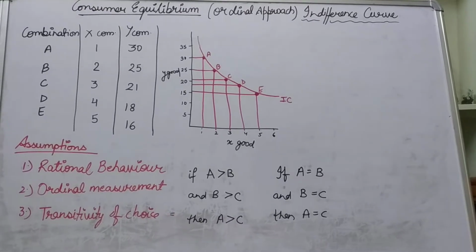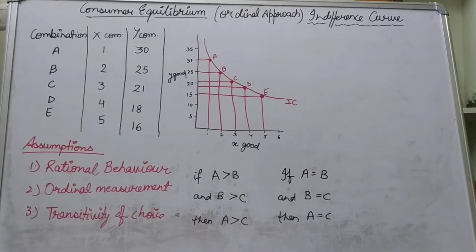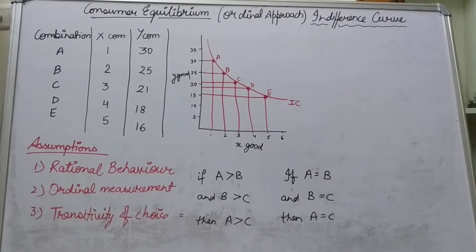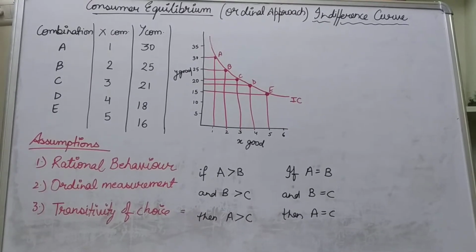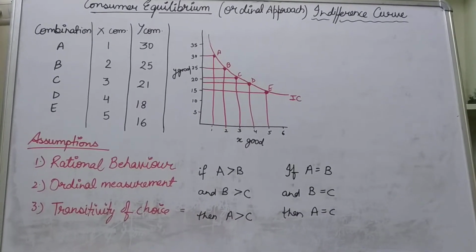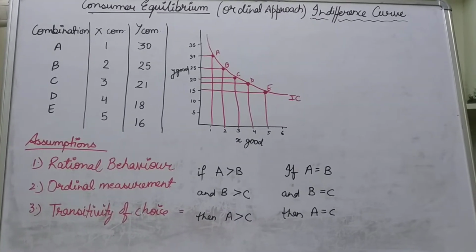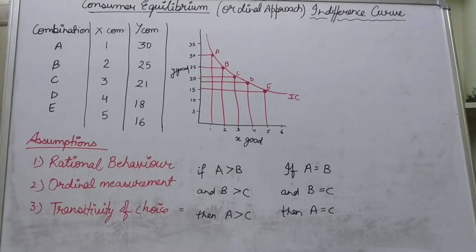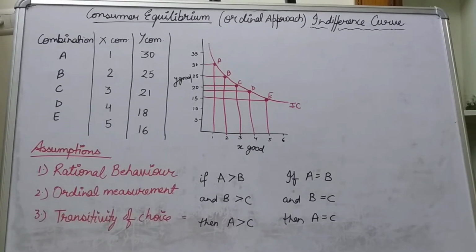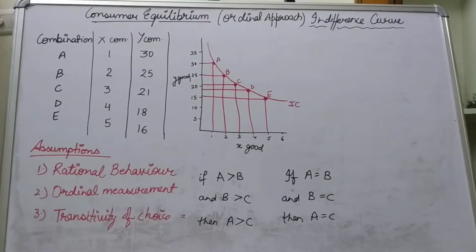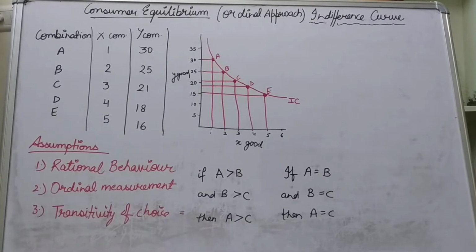Good morning class. Today, in the second unit of microeconomics, that is consumer equilibrium, I will start your second chapter, that is the indifference curve. Before that we have already completed the cardinal approach, that means utility analysis. That means we found the consumer's equilibrium with the help of utility analysis, and that approach is known as the cardinal approach. It was given by Marshall, and according to it we can calculate the consumer's equilibrium with money.